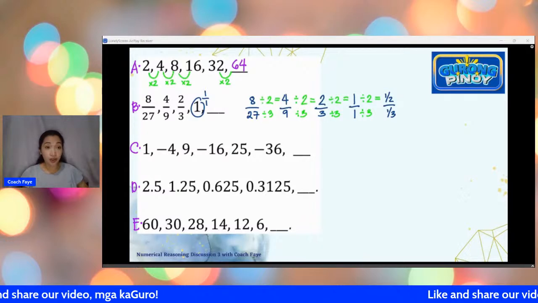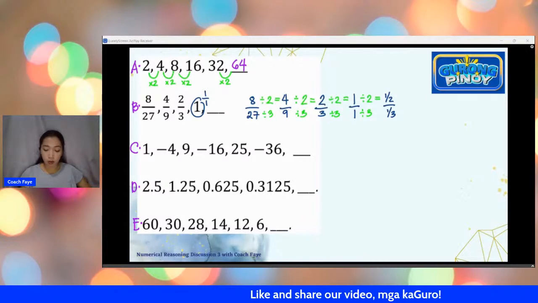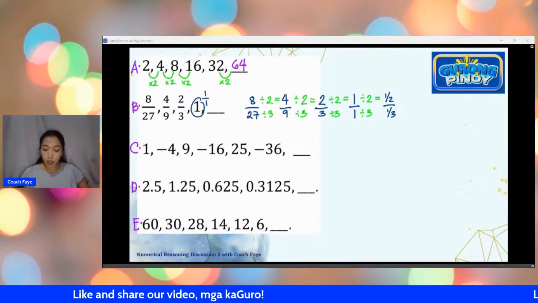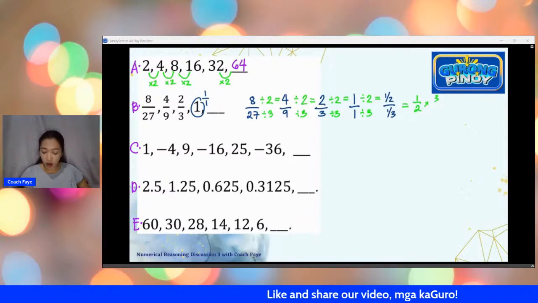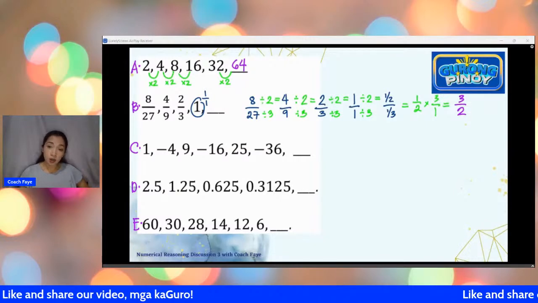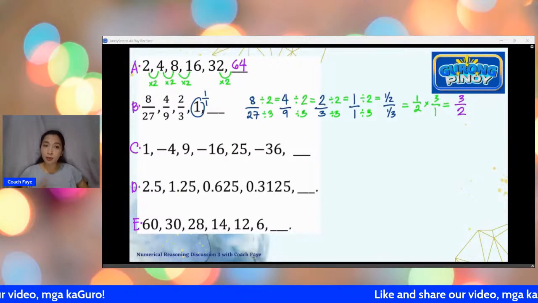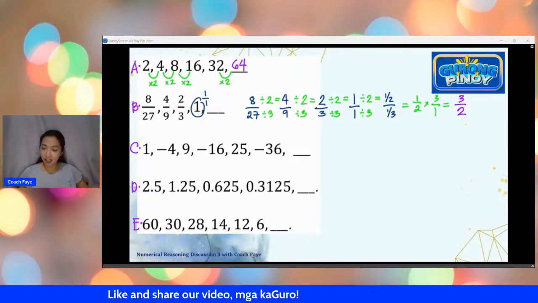1 half over 1/3. So, paano po ba sinusulat yung 1 half over 1/3? We will have next week session po natin. We'll focus on fractions. Doon ko po ito i-discuss in detail. But this is essentially 1 half times 3 over 1, or it's equal to 3 halves. Again, pag medyo nalalost po tayo sa fractions, don't worry, yan po yung main topic natin next week na session. Ayan po. So, the answer there is 3 halves.